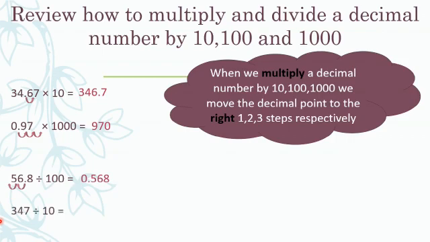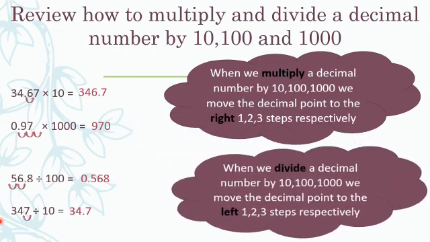347 divided by 10. First, as we know, 347 is the same as 347.0. So, the decimal point which is at the end will be moved one step to the left, and the answer will be equal to